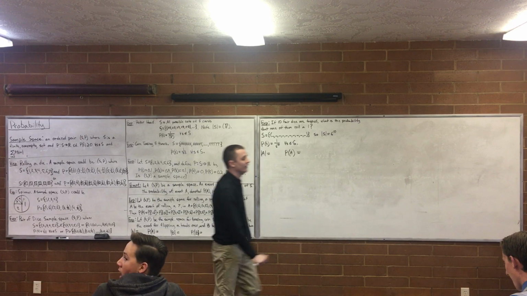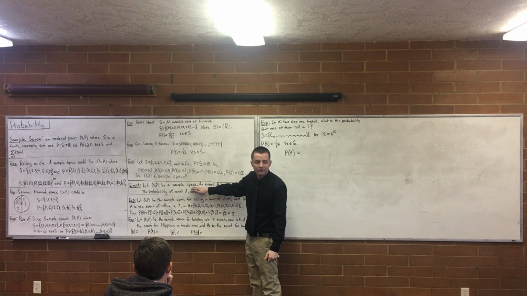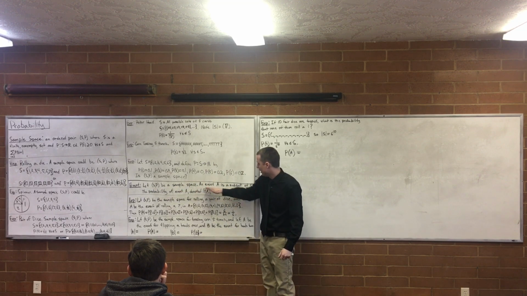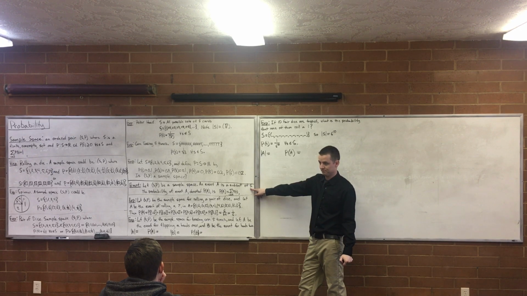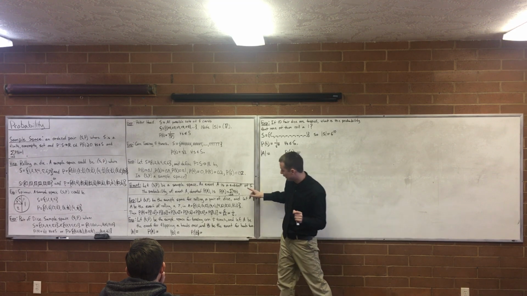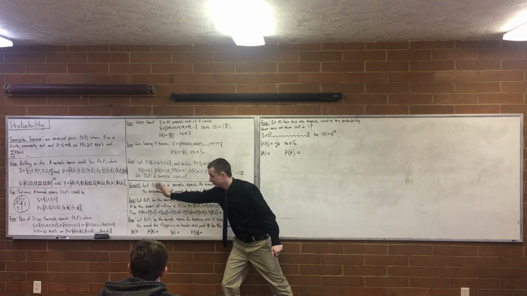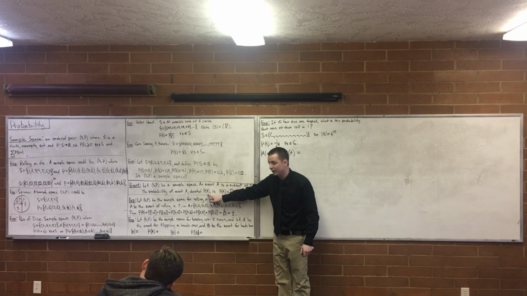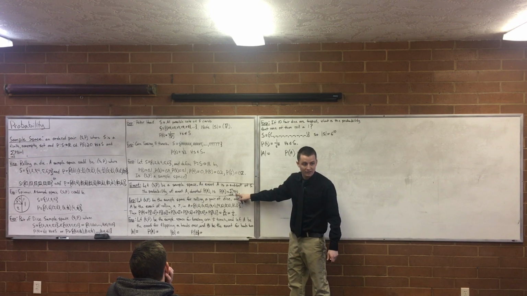An event is, well, let's just read the definition exactly. Once I have the sample space defined, an event doesn't make sense independent of the sample space. So let S be some sample space. An event A is a subset of S. Okay? Just get down exactly what the definition is. An event is just a subset of whatever that set is right there. The probability of an event A, which we denote P of A, is the probability of each of the elements in A.